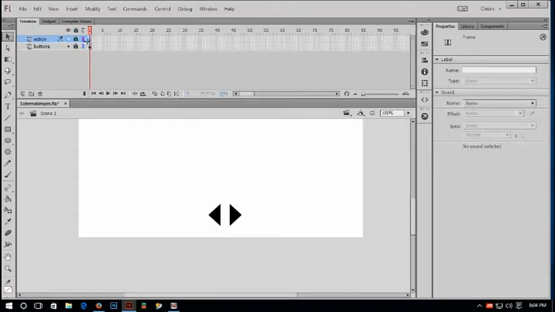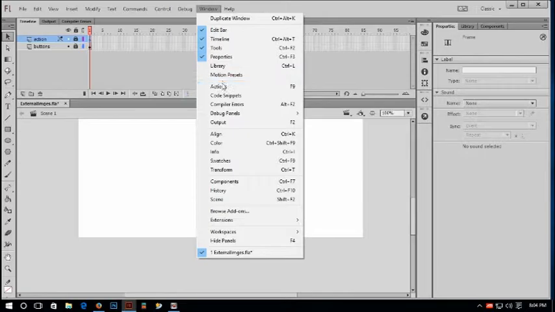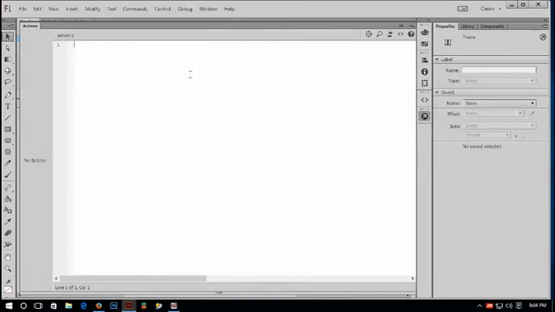layer 2 and select first frame of this layer and go Windows, action, and it shows me action panel. Here I have to type all the code. Okay, first I have to type stop, opening parenthesis, closing parenthesis, semicolon. Okay, now